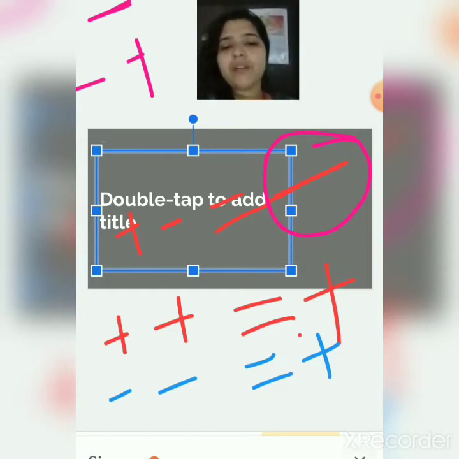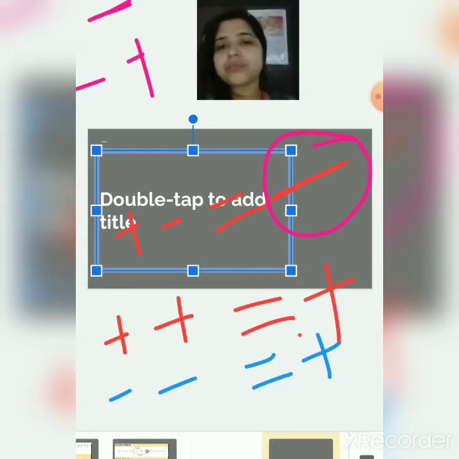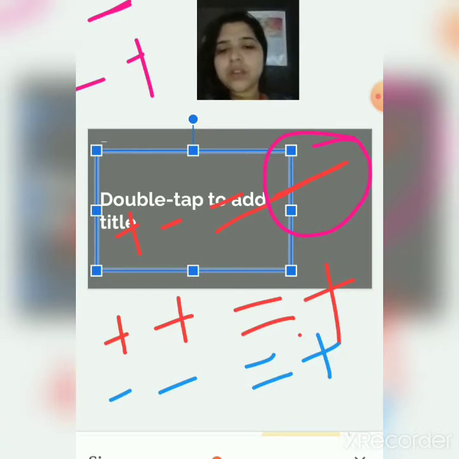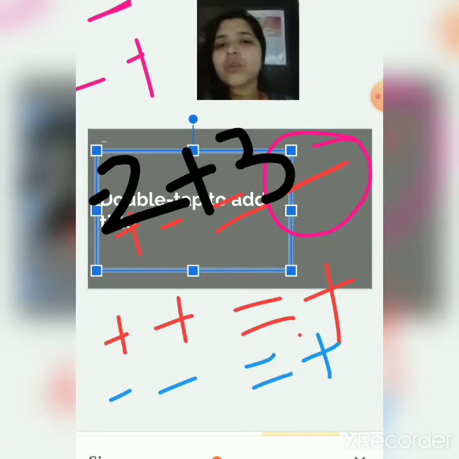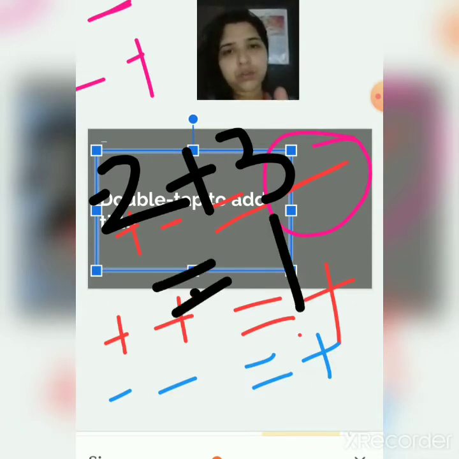If you have minus 2 plus 3, I have already told you that minus plus or plus minus is minus. तो 2 में से 3 गए या 3 में से 2 गए तो will remain 1. Okay, this is the priority. In this way you can solve it.